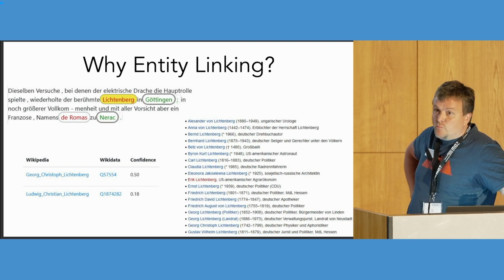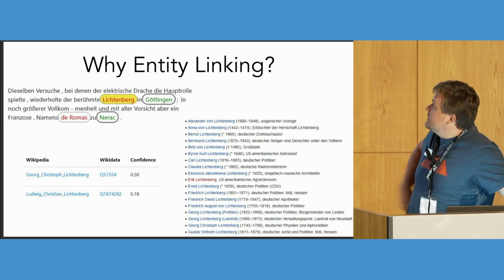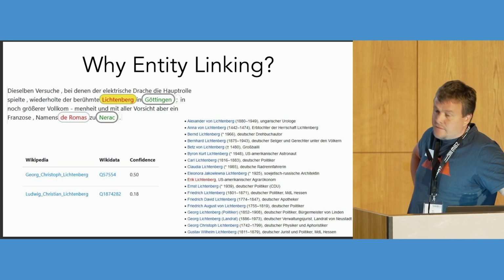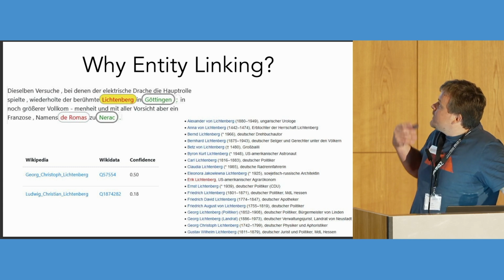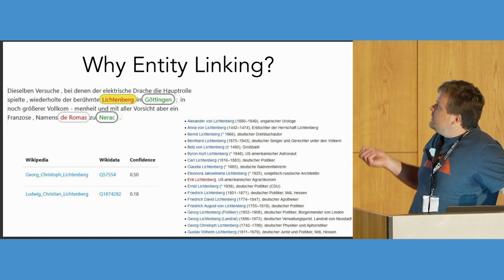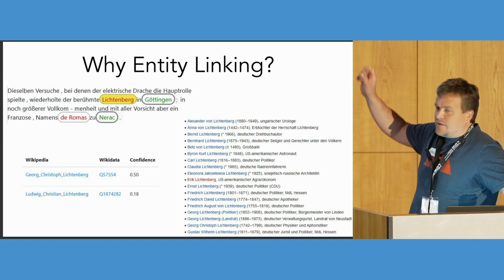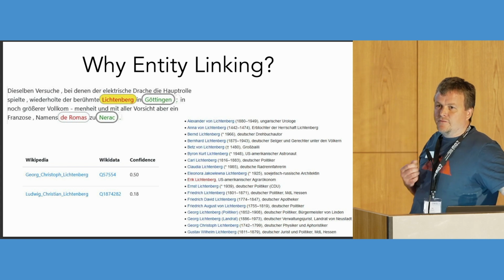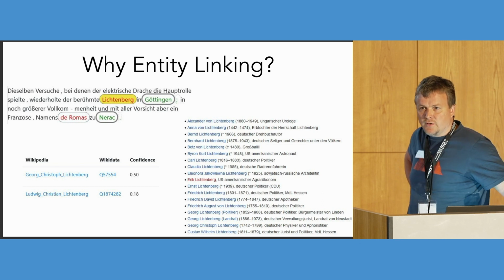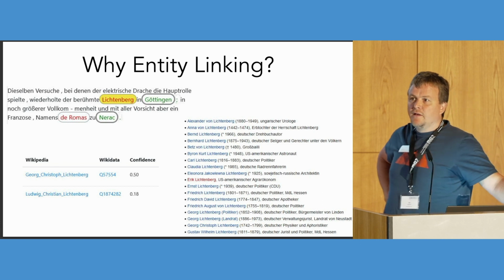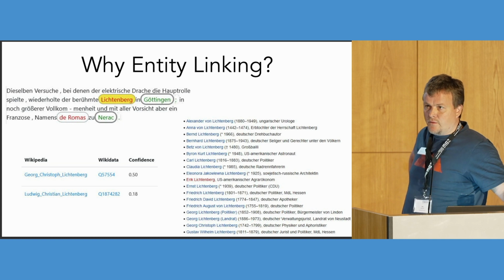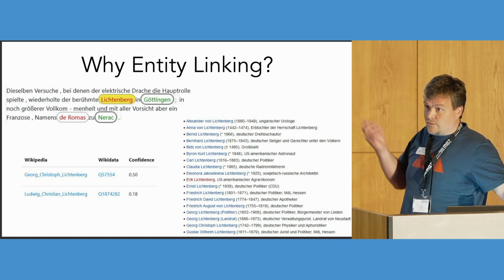And there are two places also mentioned in this text, Göttingen and Nerak. And now the task of entity linking is to take, for example, this person Lichtenberg and find out: is this a known person? Is it a known entity? Can I find in some authority, for example Wikidata or Wikipedia,